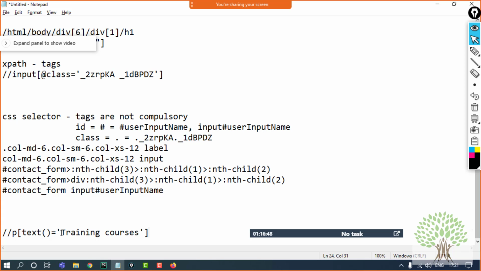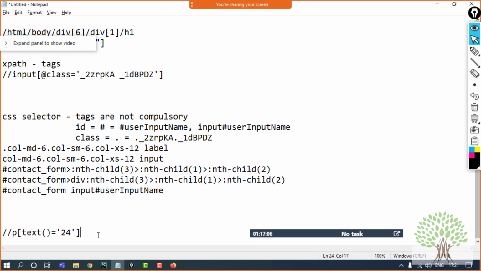So over here you have the tag name, text function, and the text you want to look for. Like I want to look for day 24. So only that element will be highlighted on the web page. This is another way of making it.